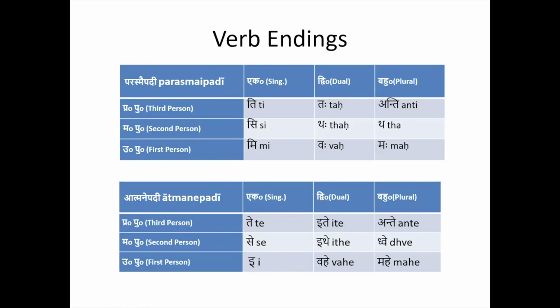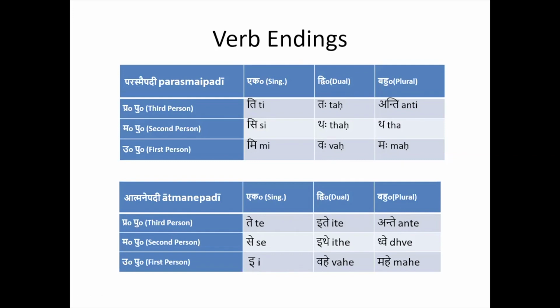However, in practice, after the Vedic period, this distinction no longer holds. Whatever scriptures you study, for example Gita, Mahabharata, or Ramayana, most of the time this distinction does not hold. Any verb ending can be used for any purpose. Then you would ask why we have two endings. That's how it has been retained. Even though the original meaning is kind of lost, the endings remain in practice.